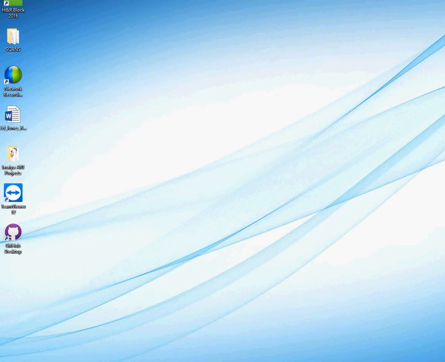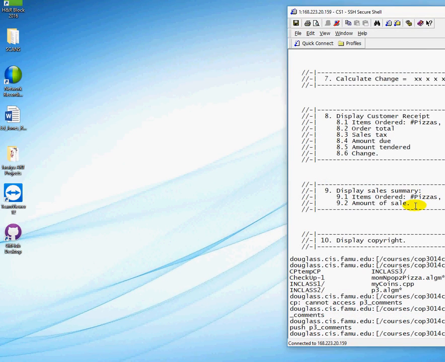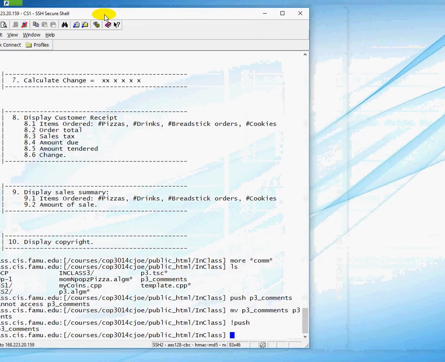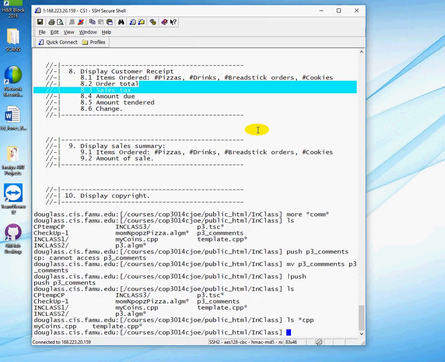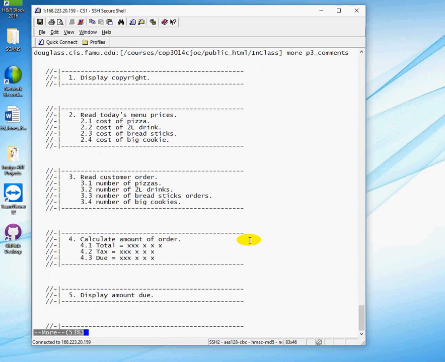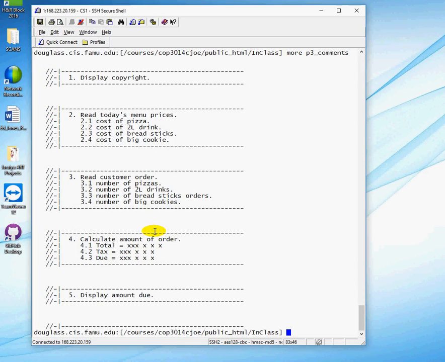Let me just pull this in. Okay. So if we bring this up, we can see that we have a file called template, and my algorithm steps are where? P3 comments, I guess. Here are the comments for the algorithm steps that we showed you a minute ago. The template program, you could say,